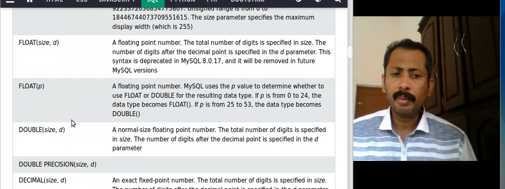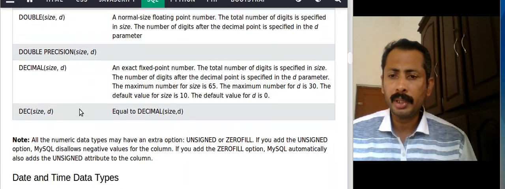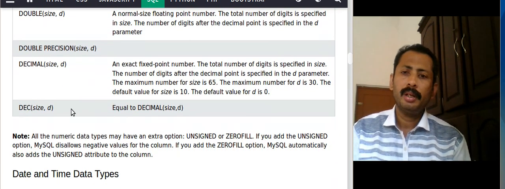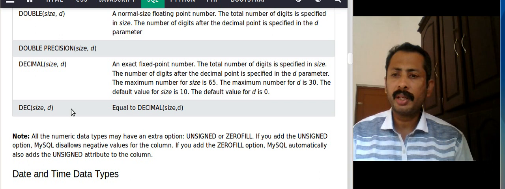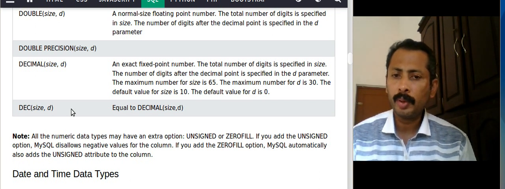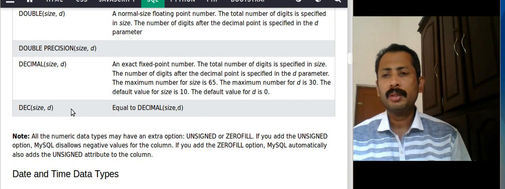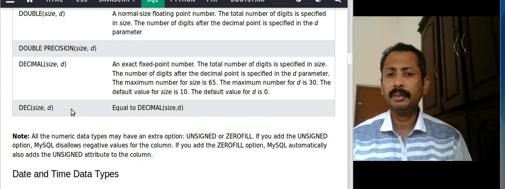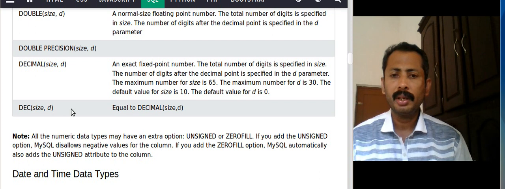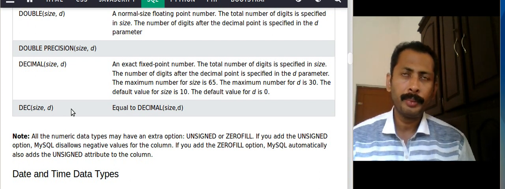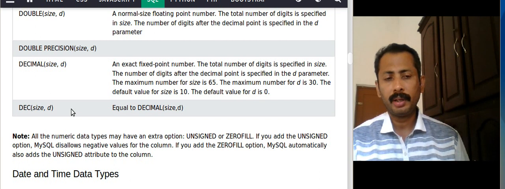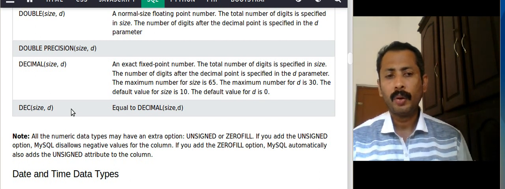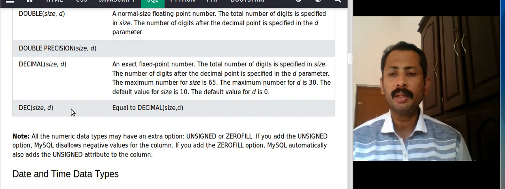FLOAT for storing floating point numbers, DOUBLE PRECISION, and DECIMAL, which we can use as decimal(size, d). The total number of digits is specified in size. The number of digits after the decimal point is specified in the d parameter. So size is the total number of digits, and from the total, how many belong to the digits after the point, that is d. So DECIMAL(10,3) means total is 10, out of which 3 are after the point.